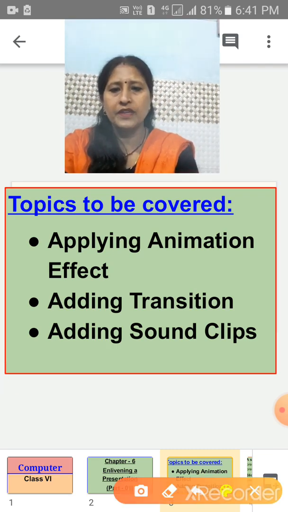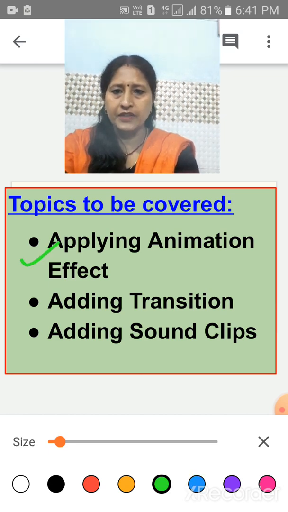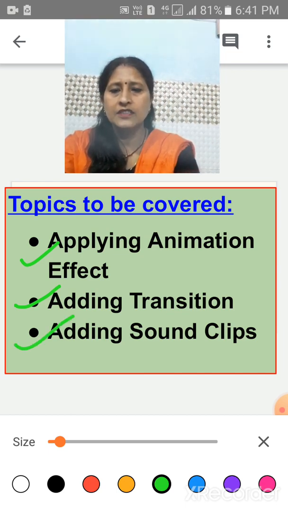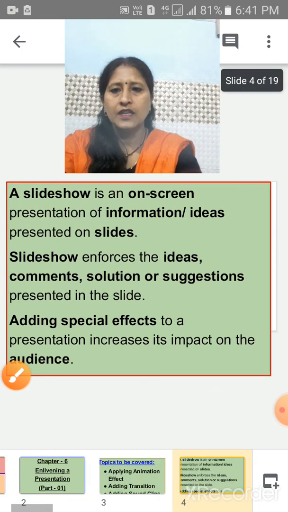The first topic is applying animation effect. The next topic is adding transition, and lastly we will discuss adding sound clips. Okay, children? Clear?